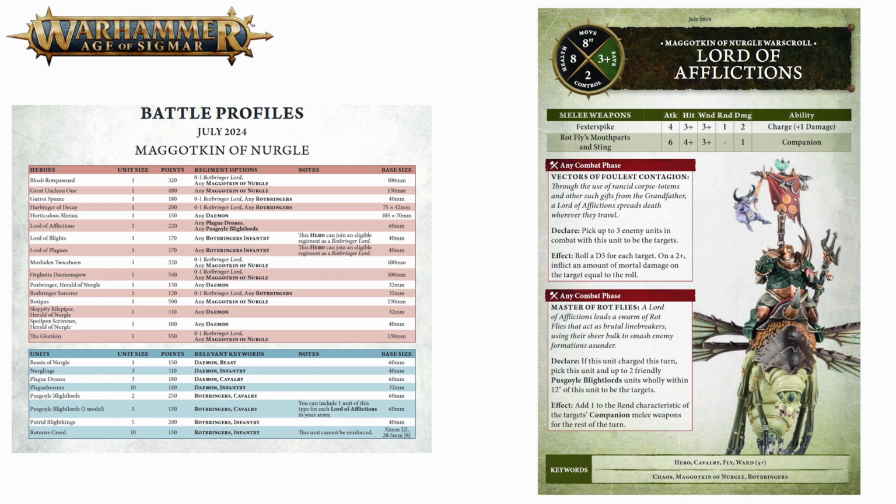In terms of his War Scroll abilities, he's got the Vectors of Foulest Contagion, and this lets you pick 3 enemy units that he is in combat with and roll a d3 and do that much mortal damage on a 2+ to them. So again, nice for plinking even more mortal damage into the enemy,